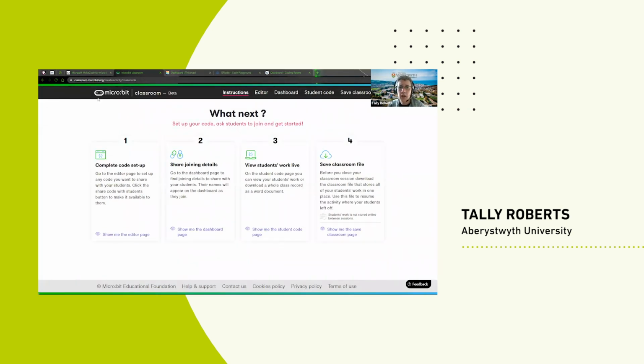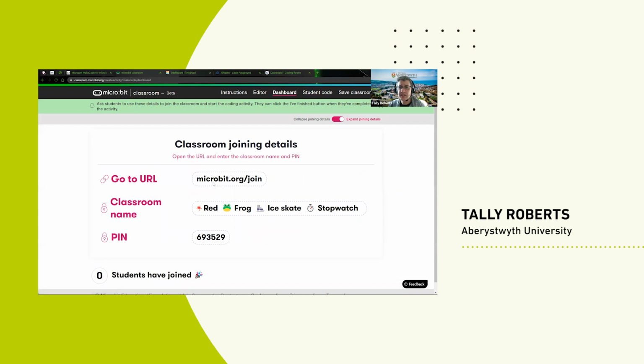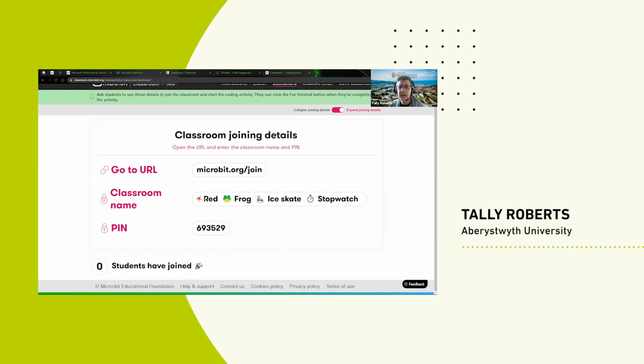Okay, so what is the classroom? It gives you a nice step-by-step as to how to go about using your classroom. It gives you this dashboard, which shows you how the students can join. So in every case, the URL to go to for students is microbit.org/join. But then the classroom name and the pin are generated at random when you create the classroom. And you can see here that you need to select red, frog, ice skate, stopwatch, and the pin number. I'm going to quickly copy that pin number because I also have